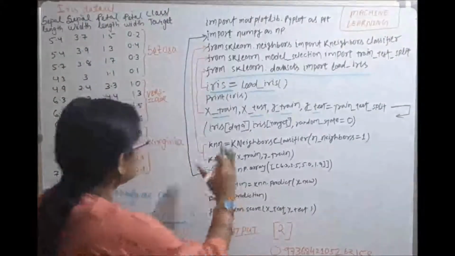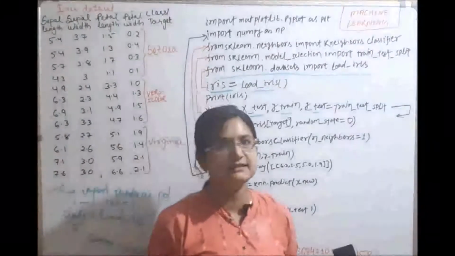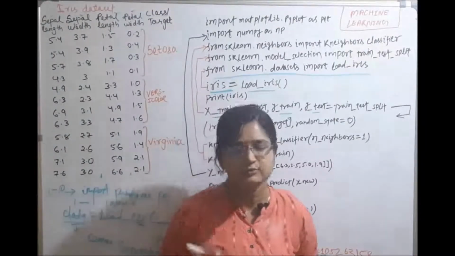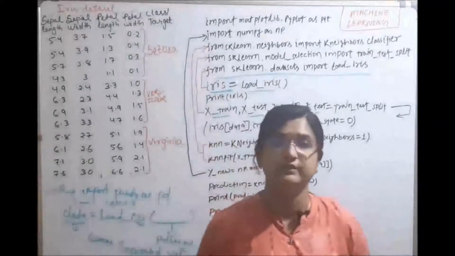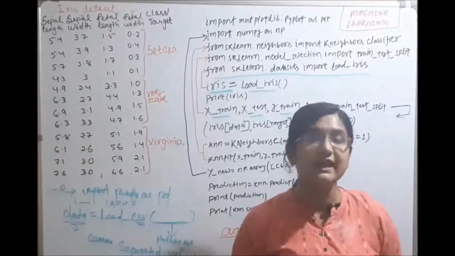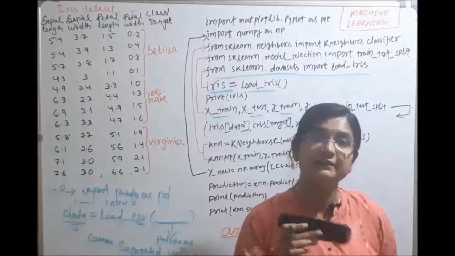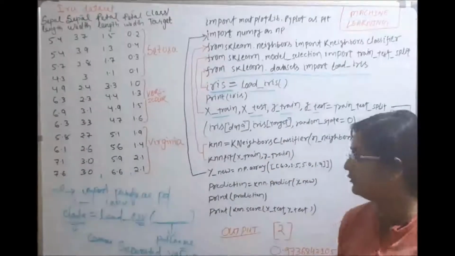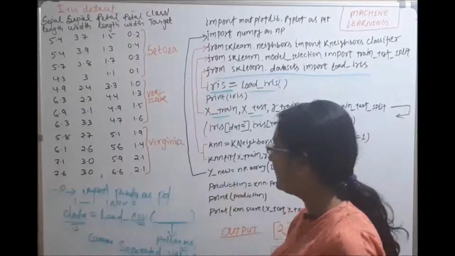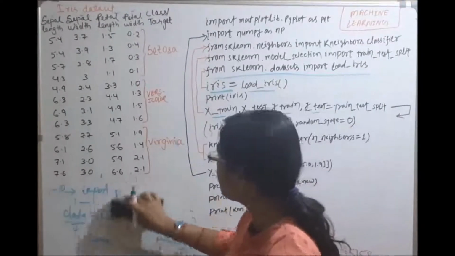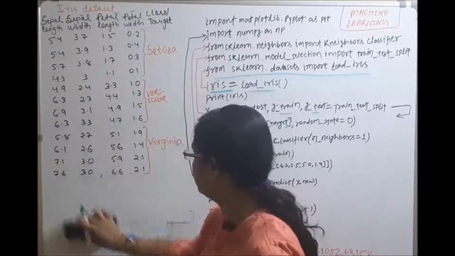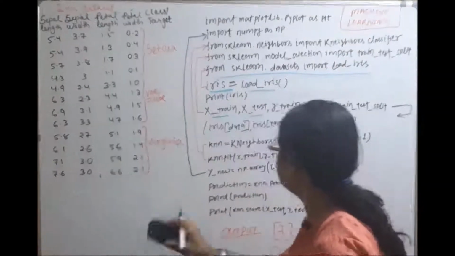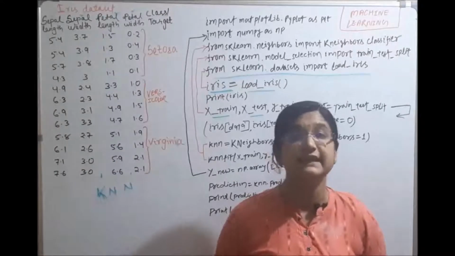After splitting the train test data set, my next work is to apply an algorithm. Here you can apply any algorithm and check how accurately the algorithm predicts the result. Here I have applied the KNN algorithm. Before going into the coding, I will first explain what the KNN algorithm is, and then I will tell you the coding syntax.